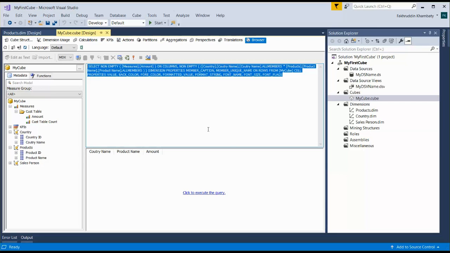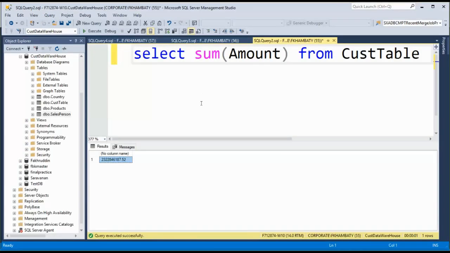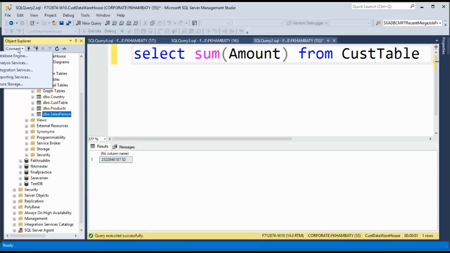Now, let me show you magic, something exciting. I'll go back to my SSMS. I'll click on connect. So far, you have been connecting to this database engine only. Have you ever noticed other options over here? I'm sorry if I'm just underestimating you. You may have, but just in case you're new, there are some other options as well. The second option is analysis services. So I'm connecting to my analysis services here.